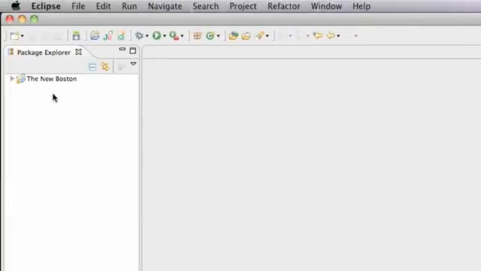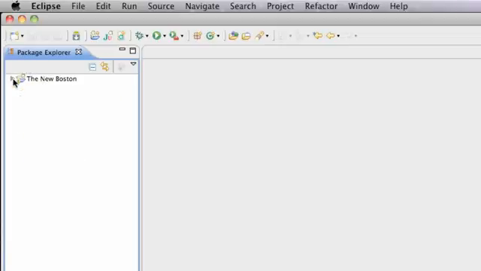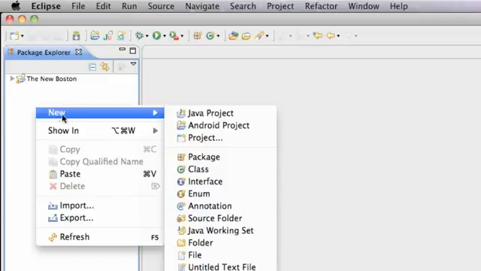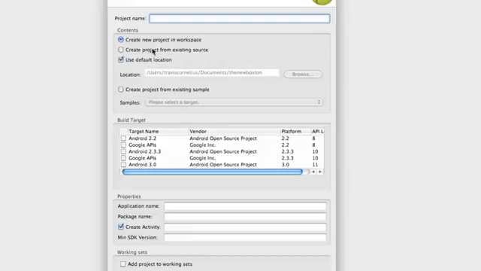So let's go into Eclipse here, and just start a Google Maps project. We can't just add the API or the jar into our project, which I tried doing. I made a tutorial doing it that way, but it didn't actually end up working. So we're going to create a new project just for Google Maps. Right click in that free space, go to Android project, and then type in whatever you want, maps, and we're going to say the new Boston, or whatever you want to label this. You don't have to follow along for our package name, but we're just going to call this Google Maps,